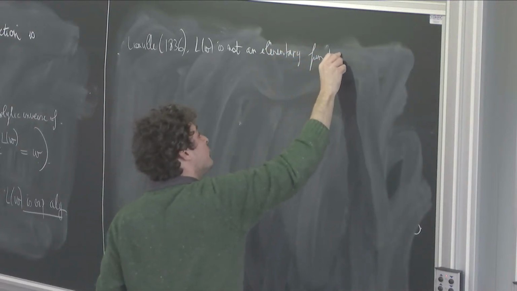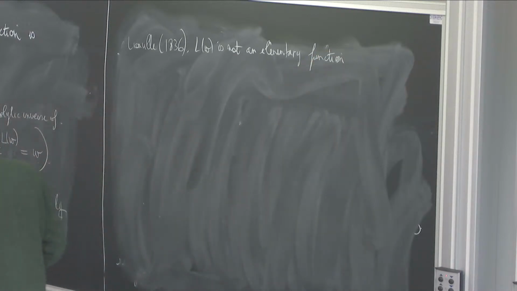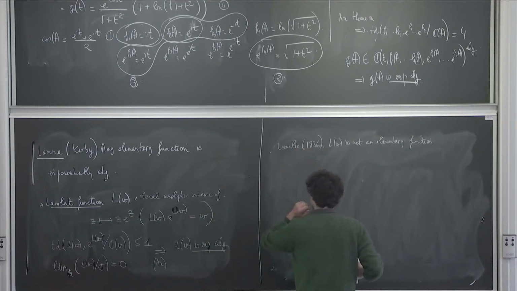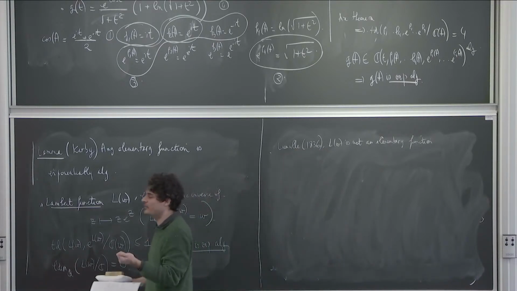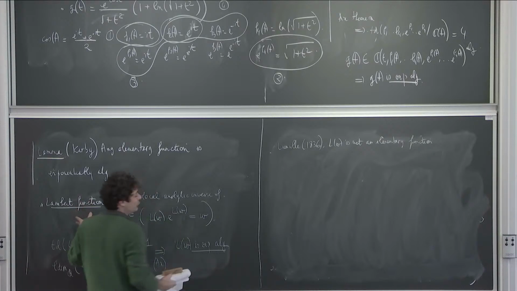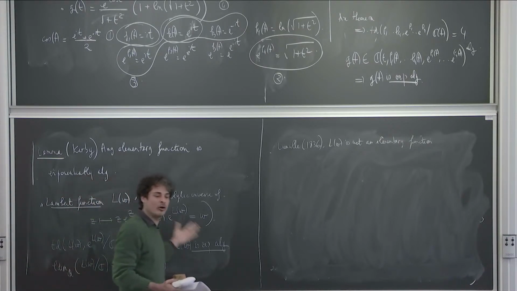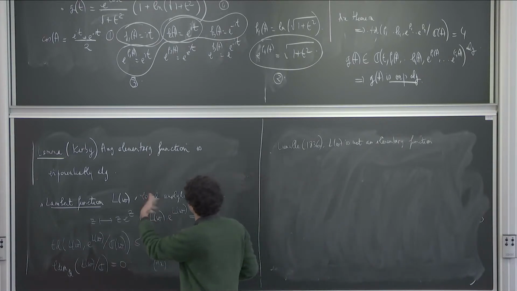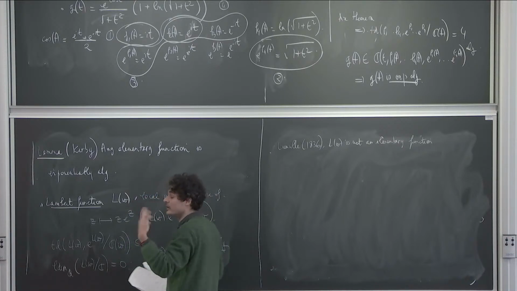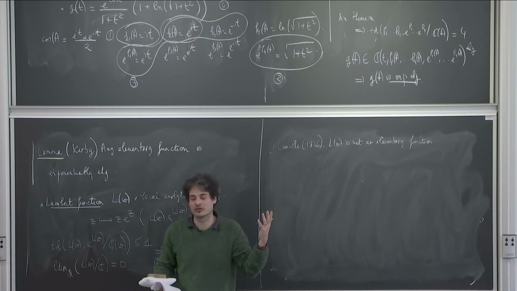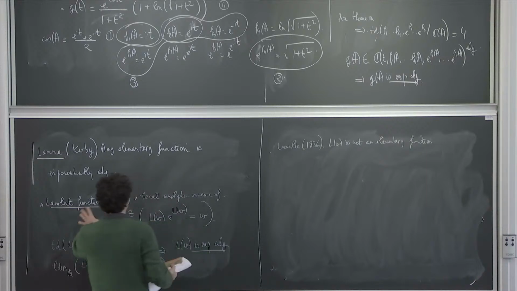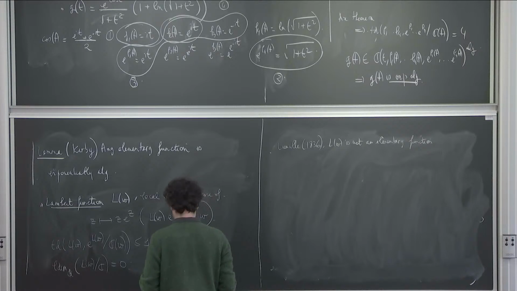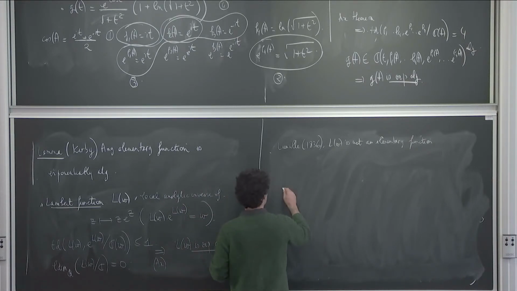Okay. So if you think about the equality case of the Ax-Schanuel theorem, it tells you that this is an example of a function that satisfies the equality case in Ax's theorem, but which is not an elementary function. Okay, so there are more equality cases than the obvious ones you can guess just by looking at the theorem, which is, okay, the algebraic functions give you an equality case, then the exponential of an algebraic function gives you an equality case, but you also have functions which are neither algebraic functions nor exponentials of algebraic functions. And so just to give you a similar story,